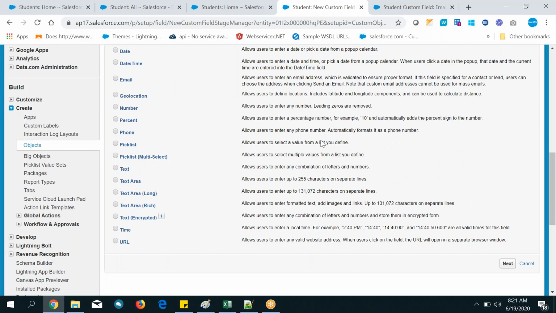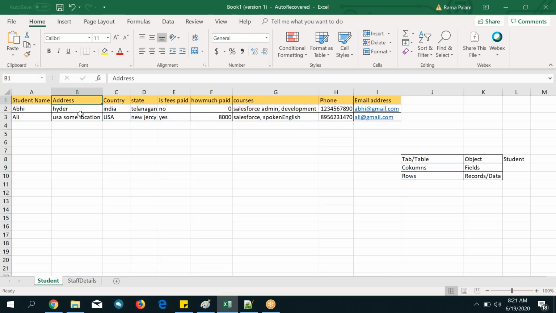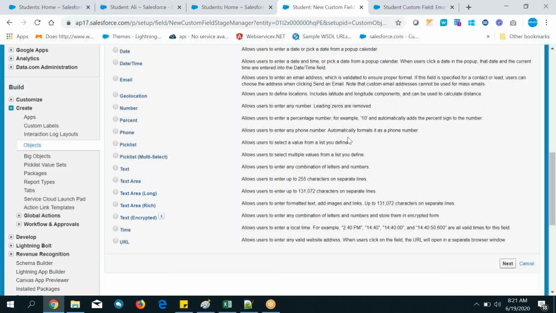Okay. So address means it is having lot of data, you need to enter it, right? So much more data you need to enter. So for that one, text kind of thing you are going to enter. Address means what? Generally a text. So something Hyderabad or Chennai, whatever, comma, comma, comma, like that you can put it, right? So generally what I'm going to do is text area I am going to use. Okay, text I showed you, right?